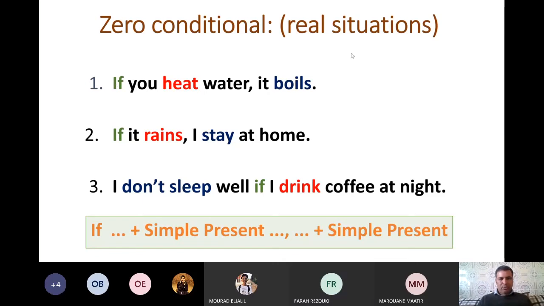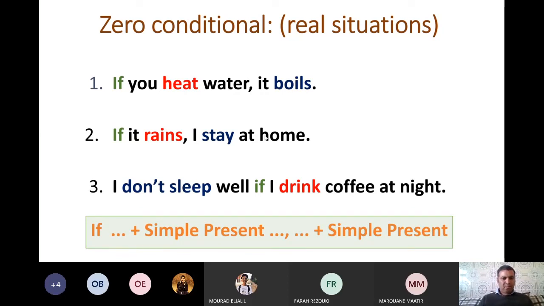For use, it means when do we use or what do we need zero conditional for? We need it to express things for real situations, reality, something that is a fact, scientific truth, for example, or general truth, like if you heat water, it boils. For example, if you heat ice, it melts. يعني إذا سخن الثلج يذوب. So we use it for real situations, حقائق علمية, or things that are always true,